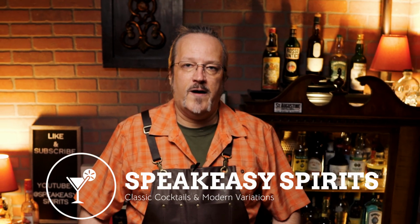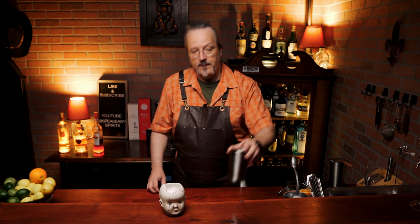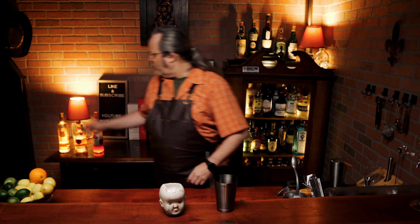Today's Halloween themed cocktail is one of the simplest, easiest to make tiki drinks ever. Now, while some tiki drinks have 11, 13, 16 ingredients, this one only has 4 and they're all equal parts. So today we're going to make the Shrunken Skull. We are going to shake this cocktail, so let's start with a cocktail shaker, and we'll need